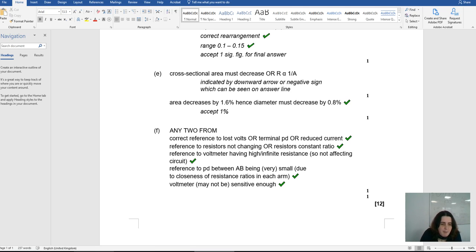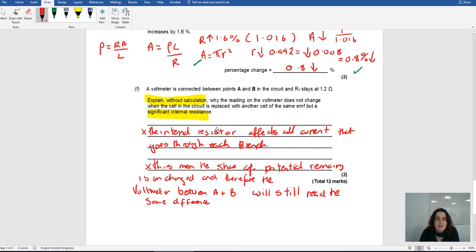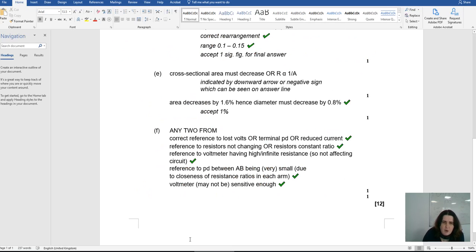So I may have actually dropped a mark here, because all I have mentioned is the fact that the share of potential remains unchanged. The internal resistance affects all the current going through the branches. The internal resistance is doing one job. This means the share of potential remaining is unchanged, and therefore the potential between A and B will still read the same difference. So, like I said, I probably would have got only one mark for my explanation, because